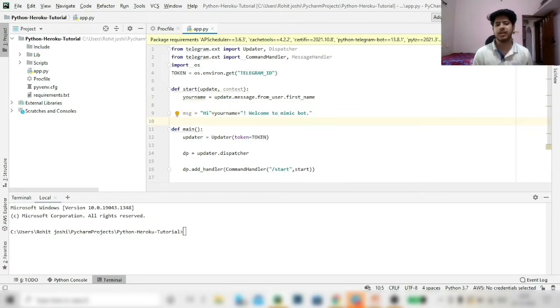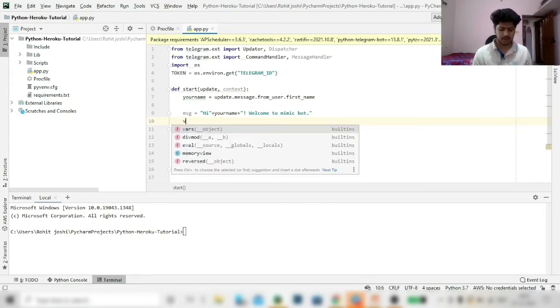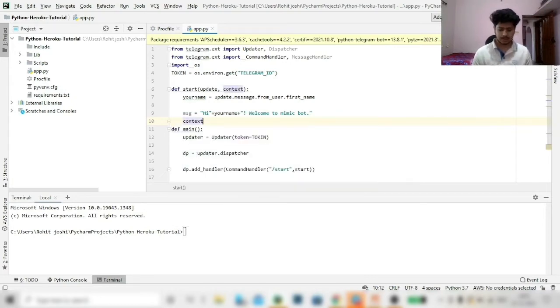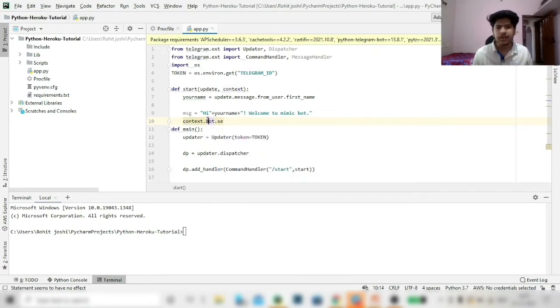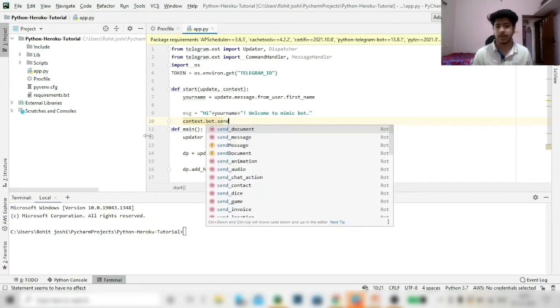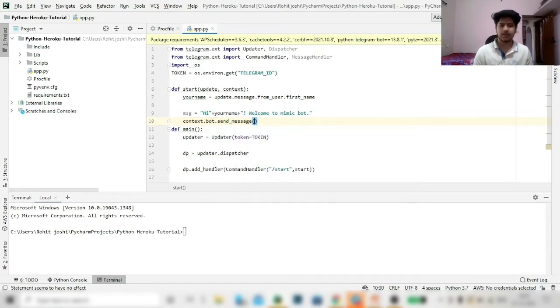Now how to send this? For that we can use context. With context we can use a bot method, and with bot there are various methods that we can use, like send document, send image, send message and all. So currently we are sending a message, so we use send message.